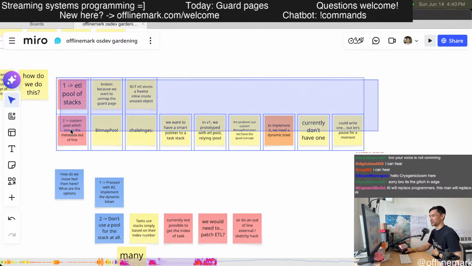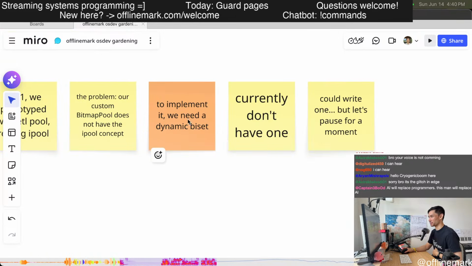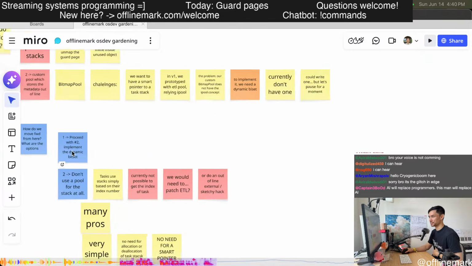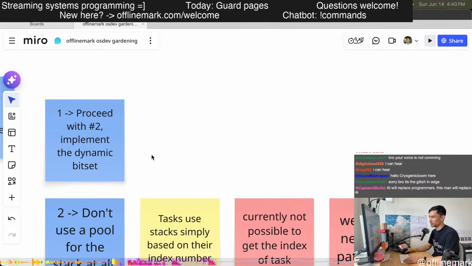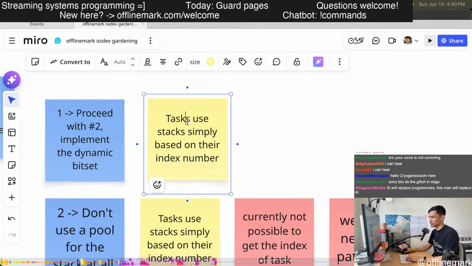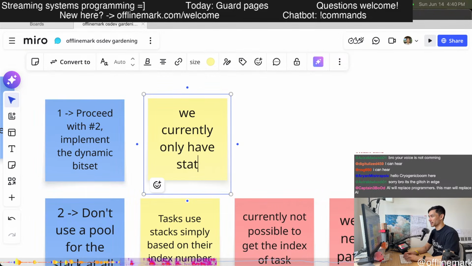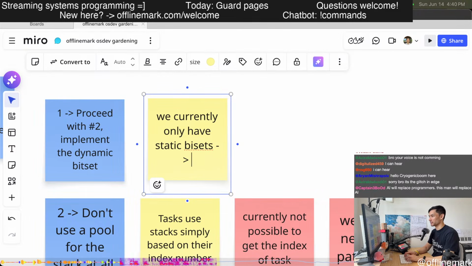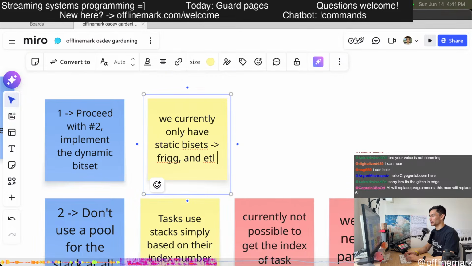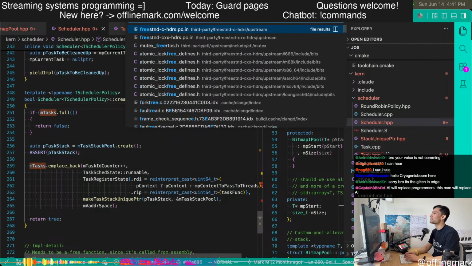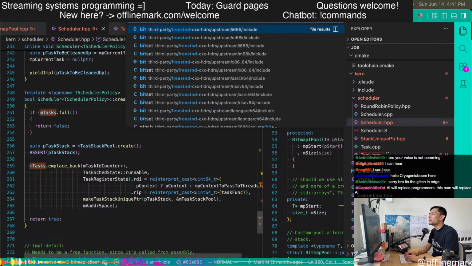But this is just not really working out, and frankly, I don't love this idea of the dynamic bit set. We currently only have static bit sets, like frig and ETL. Maybe even the standard bit set.